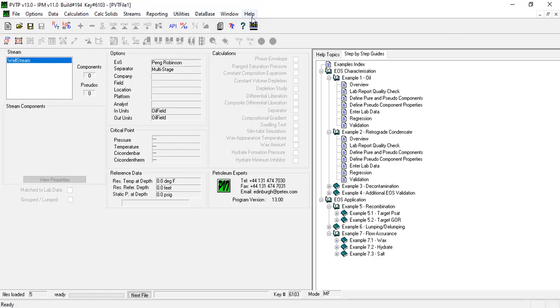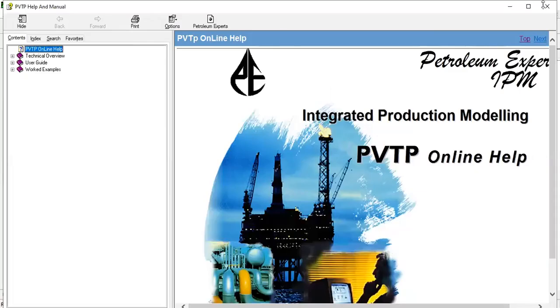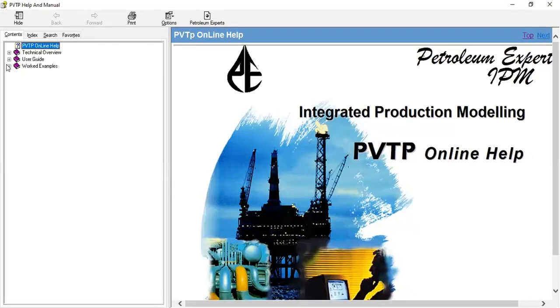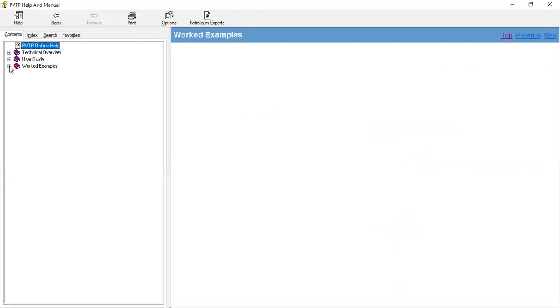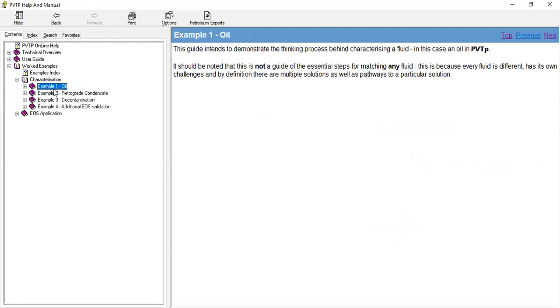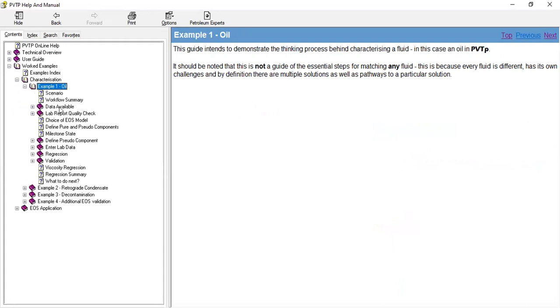And let's go to the help, index, maximize, open the worked examples. Here we have characterization examples and EOS. EOS is equation of state application. Okay, open the drop-down menu. Now in this video, I will talk about this example one for oil characterization, and we will cover as many